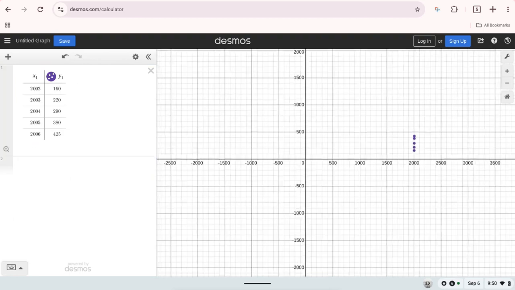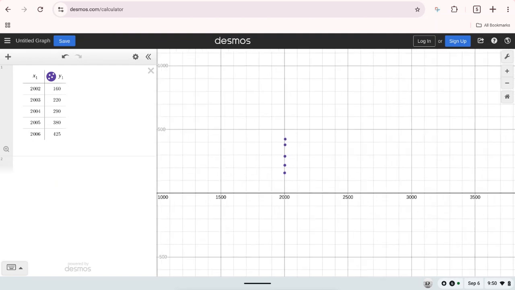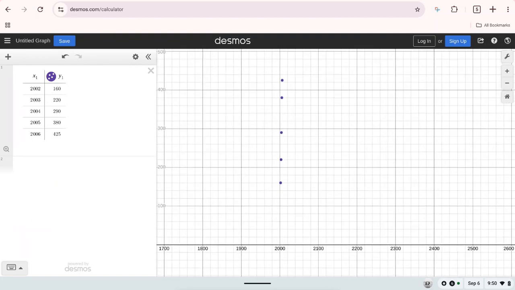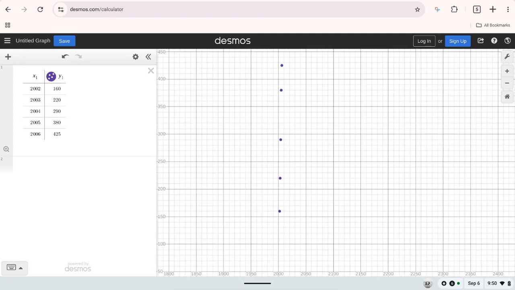Let me zoom in on this a little bit. You can see these points over here. You can kind of manipulate this graph. They almost look vertical, but they're not. There is a slope to them. So if I want to find the equation, or at least the best equation that we can come up with, then what I'm going to do is click in the next box, box number 2, and I am going to type,